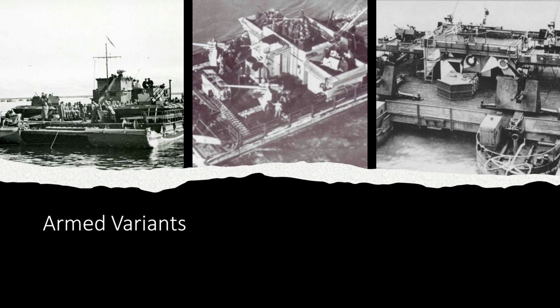I believe it's 4, as well as an additional, I think, 37mm near the superstructure. Yeah, I think I can see a barrel poking out. Possibly, or that's some other equipment, just a bad bit of photograph. Then you have the middle, where we have 3 flak 88mm guns, as well as a couple of additional 20mm